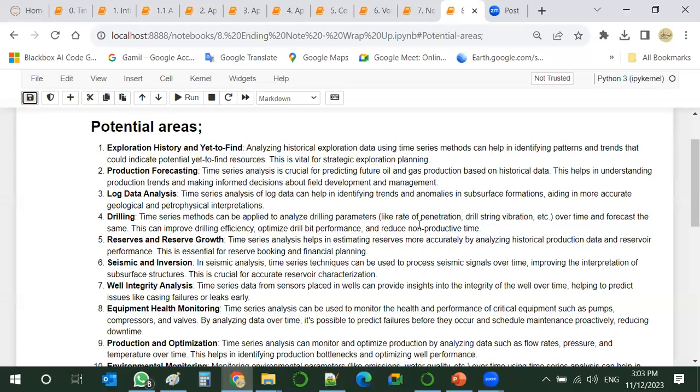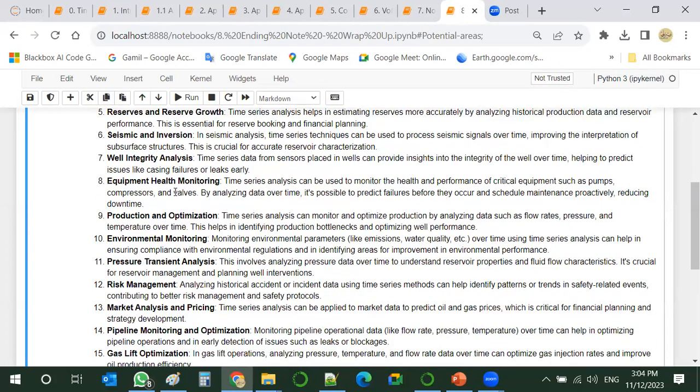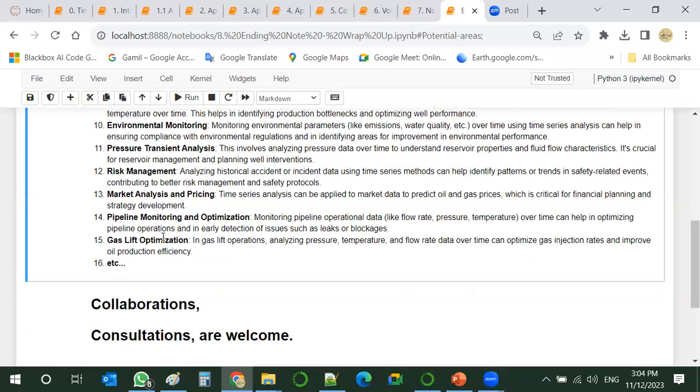This is another huge potential, whether drilling optimization or forecast of drilling parameters beforehand. Reserve and reserve growth, seismic and inversion. This is obvious, especially in the frequency domain. Well integrity, equipment health monitoring, production optimization, environmental monitoring, pressure transient, and so on and so forth.